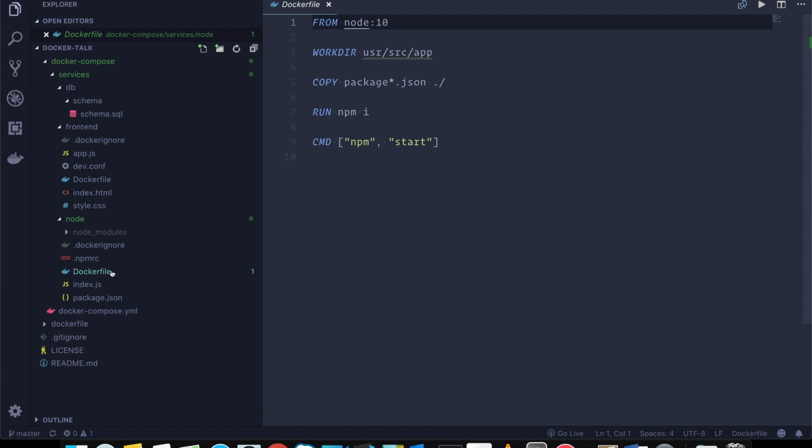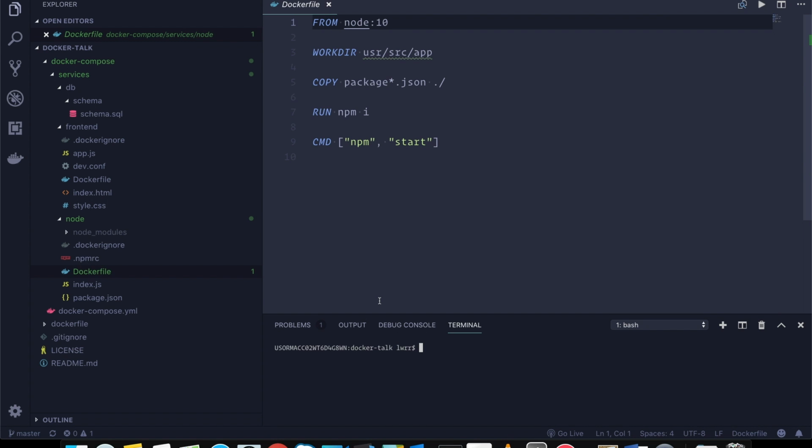And then for node, now we're no longer exposing the port. We're just copying the package JSON file in and running it. And the volume is going to handle copying our code into the container. So those are the only differences between the Docker files for these projects.